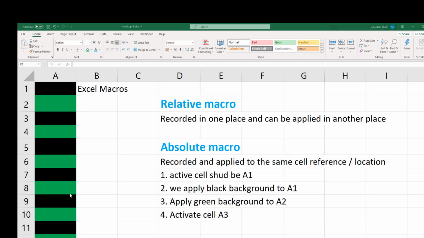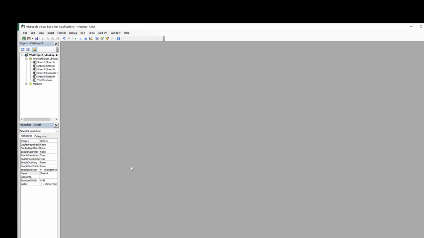So our actual target was to apply all these formattings to, let's say, a range of 50,000. I would make it less ambitious, and let's say we apply this to up to 1000 cells. So how do we do that? If we press the Alt button and F11 button together at the same time, you will see a screen like this.